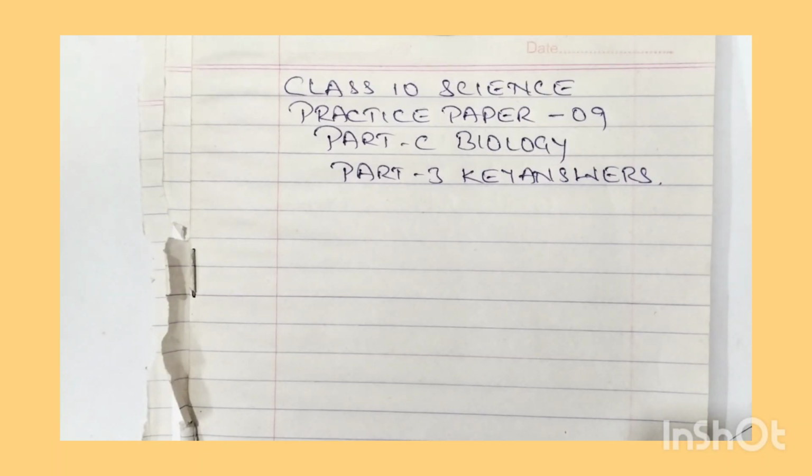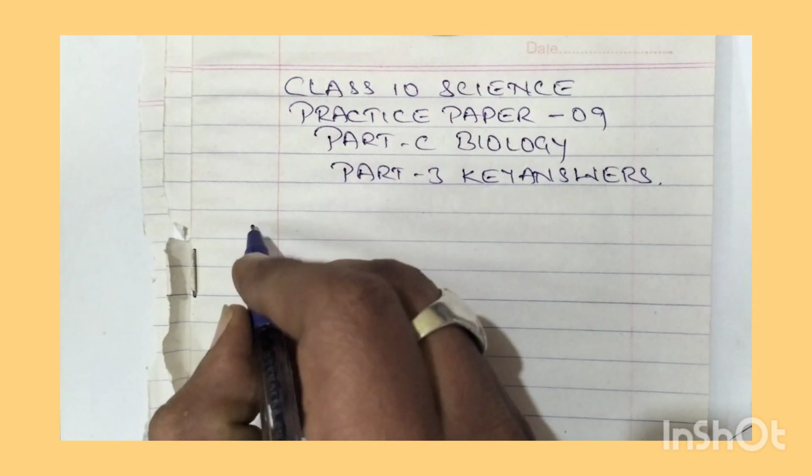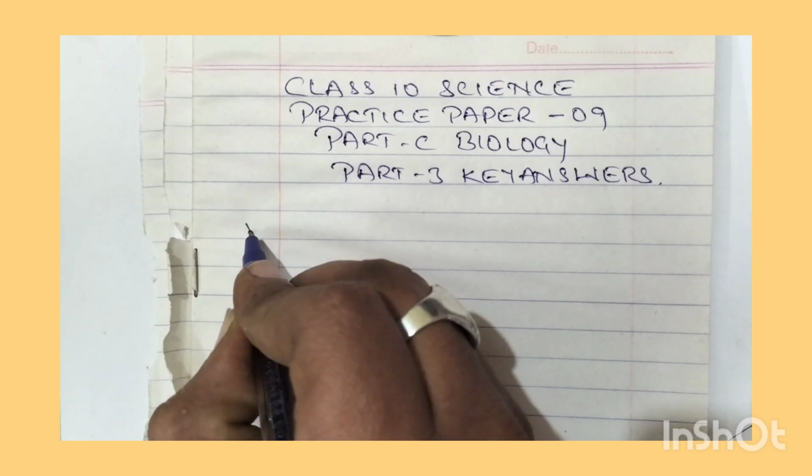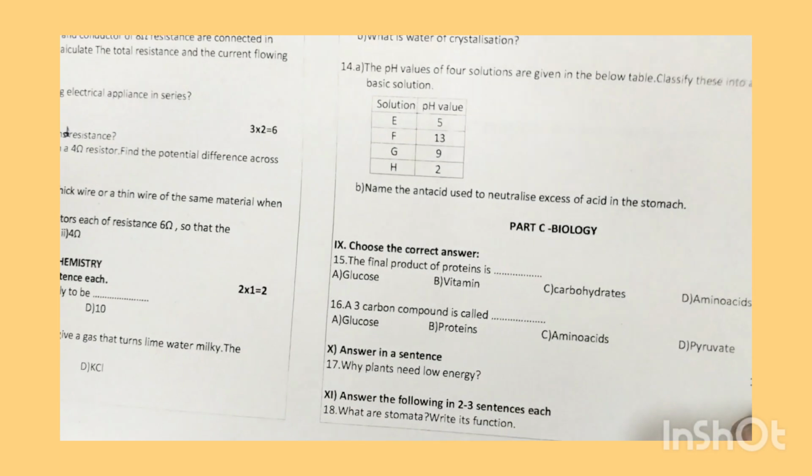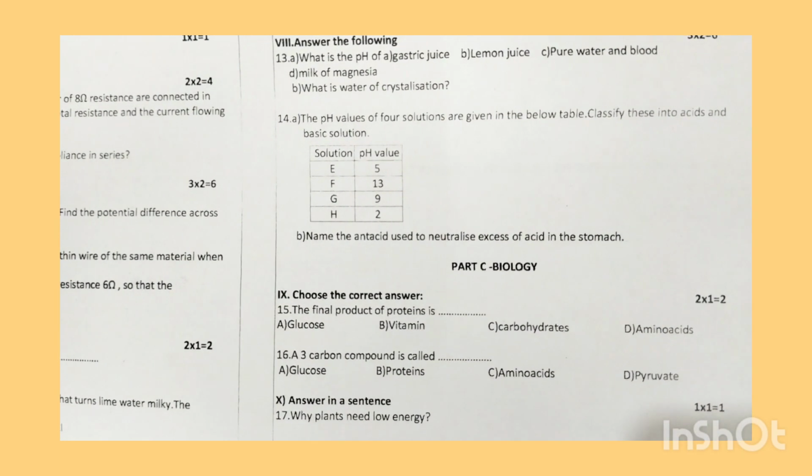In this video, we are going to continue class 10 science. This is practice paper number 9, part C biology, and this is part 3 key answers. In the previous video, we have answered all the questions related to chemistry. Now let us move to the biology part. It starts from the 9th main. The first question of the biology part is